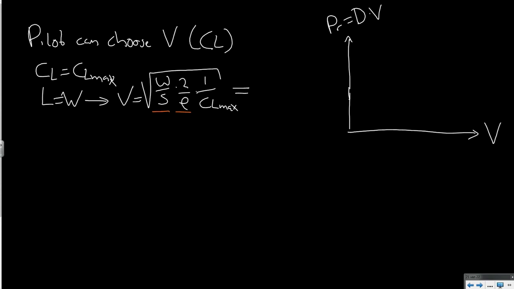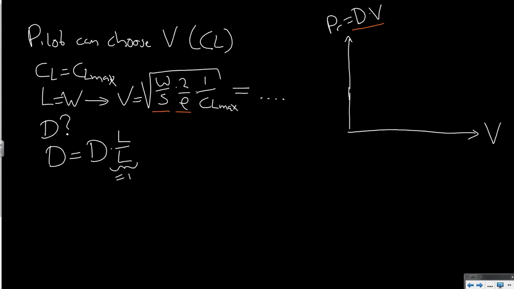So this means that if we know what CL max is, we can actually calculate the value of the airspeed. Now on the other hand of the diagram, we have power required, which is drag multiplied with velocity. Now we already know the velocity, so we should calculate what the drag is in order to determine a point on the diagram. Now drag can be written as drag multiplied with lift divided by lift,